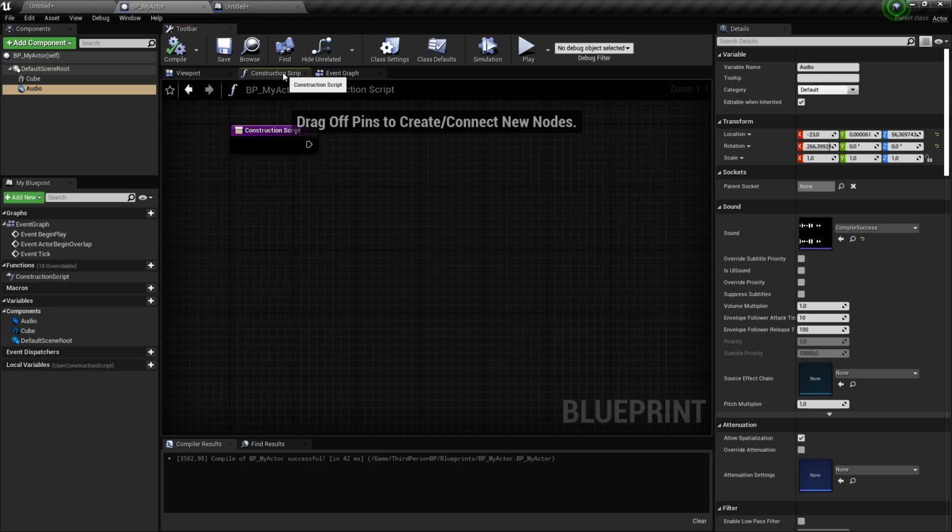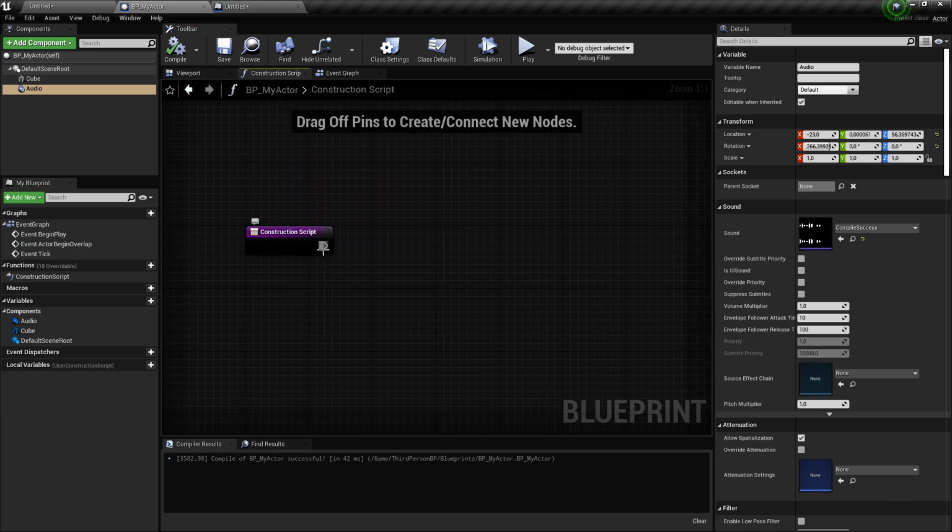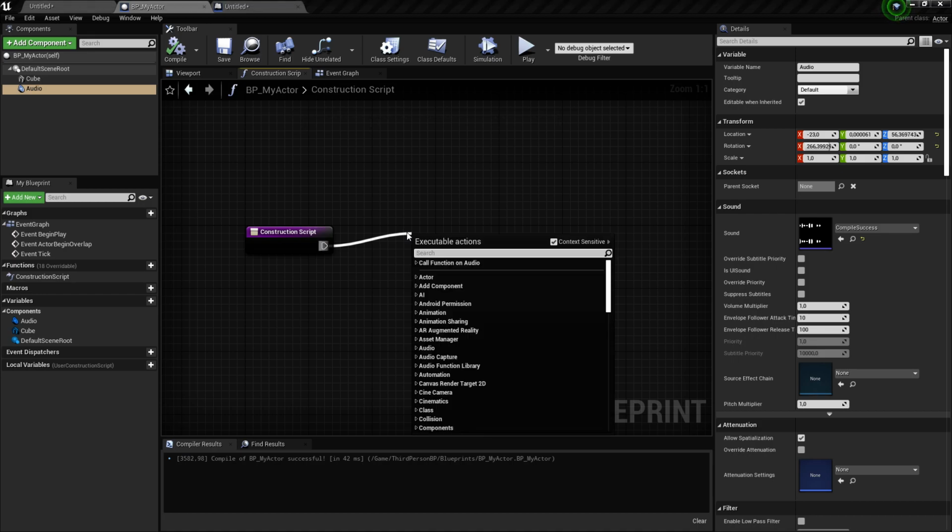I also have the construction script tab, which is what will be the visual aspect of my actor.